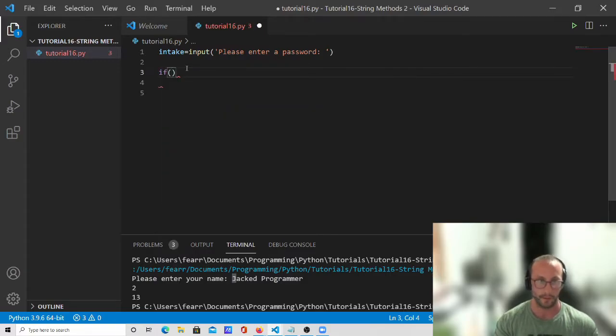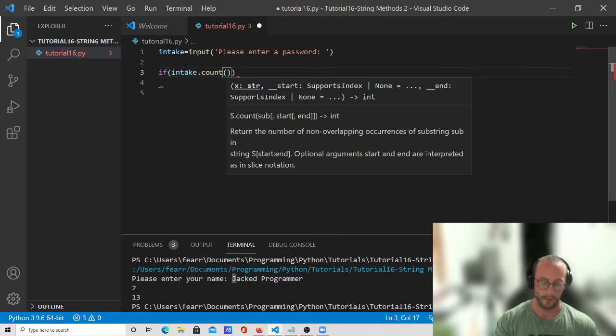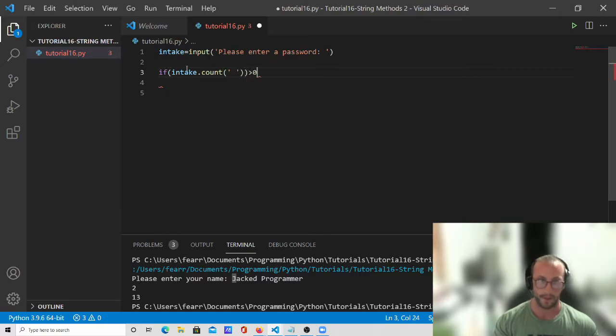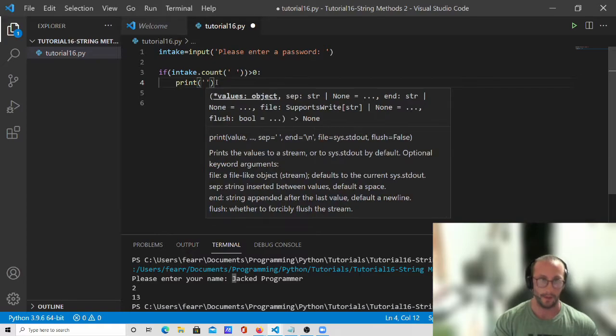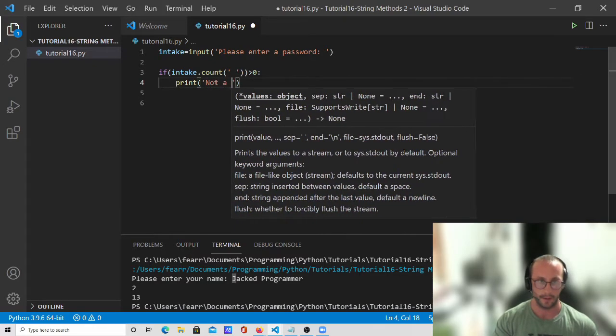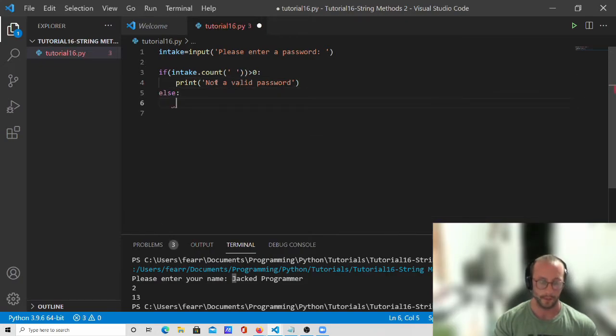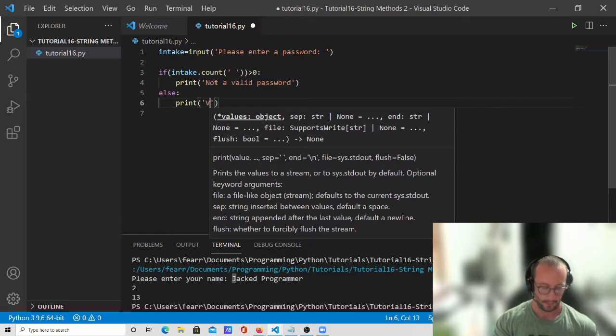So what we could do is we could do if intake dot count space is greater than 0, then we could do print not a valid password. And then what we can do is we can do else print valid